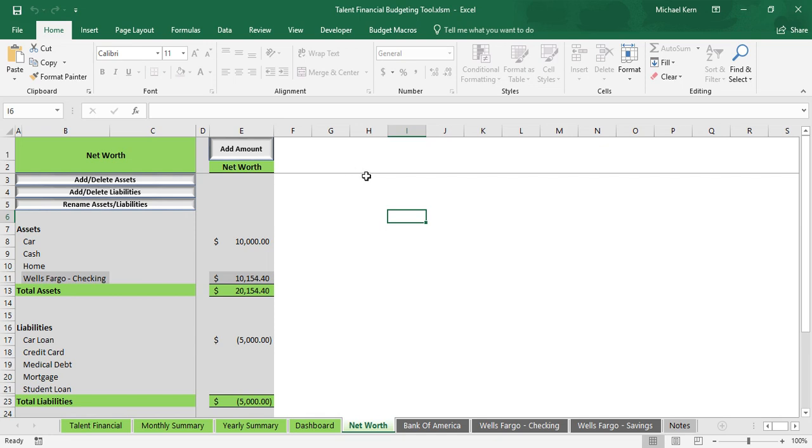We really think that the path to financial freedom is simple, but it's not easy, and that path starts with a budget. So if you guys don't have your own budget already, we really recommend testing this one out and trying it out,